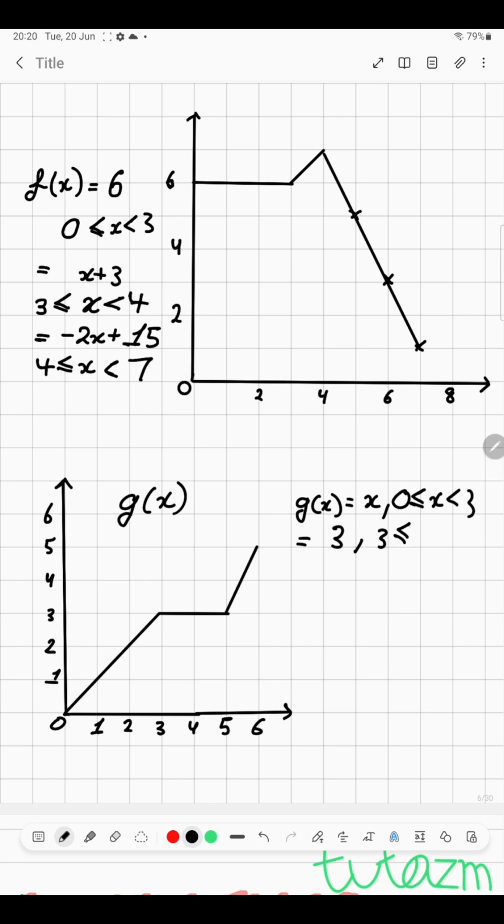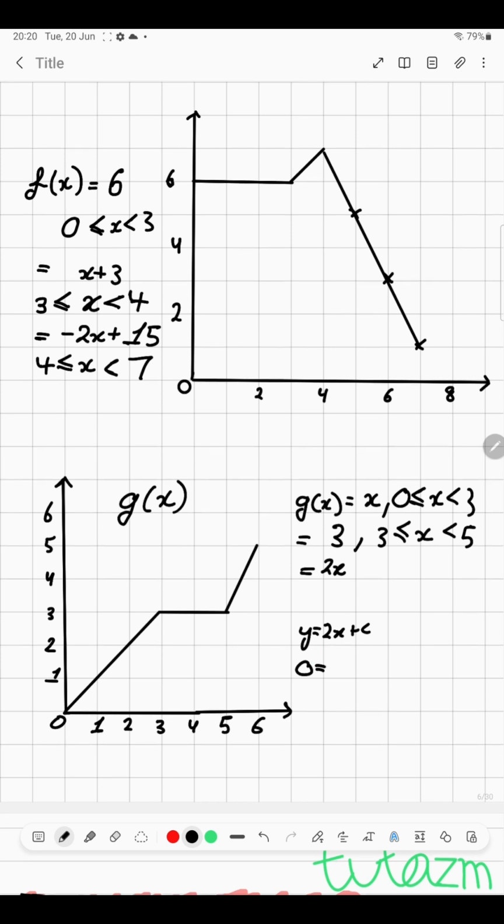So 3 is less than or equal to x, so 5, and then 2x, because it's going 2 up, 1 across, so 2x, and then we can plug in a point here, so y equals 2x plus c, y here is 0,